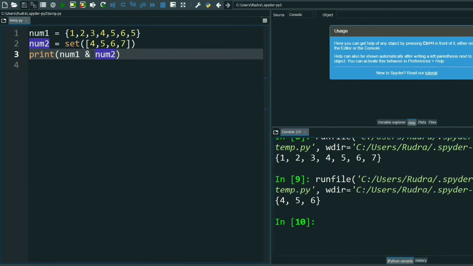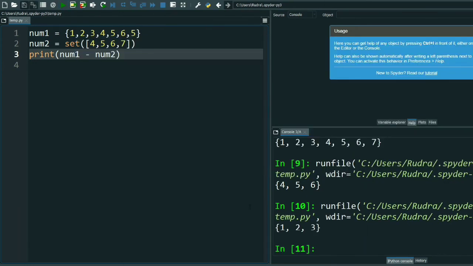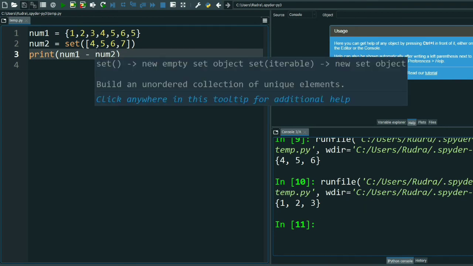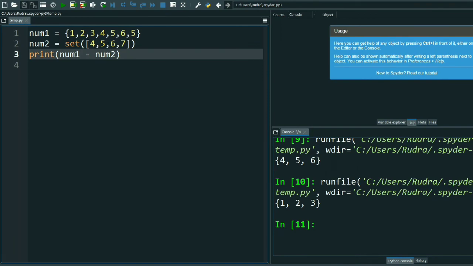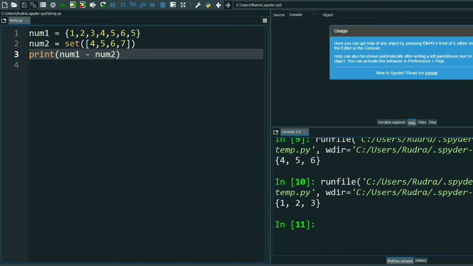Now I will show you the difference. See, the difference is 1 2 3 because, see this very carefully, num1 minus num2. See, 4 5 6 is already there in num2 and num1. So num1 has extra values 1 2 3.